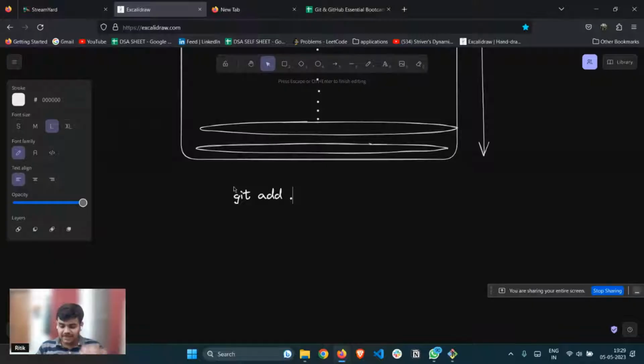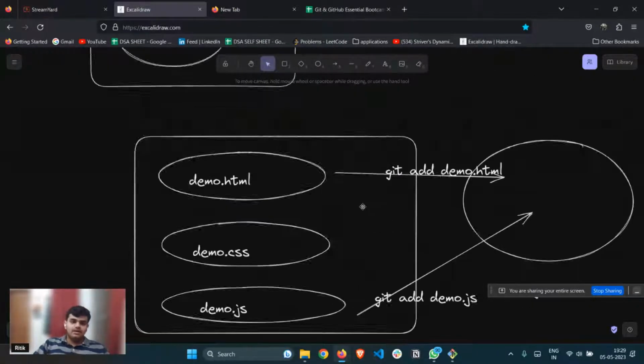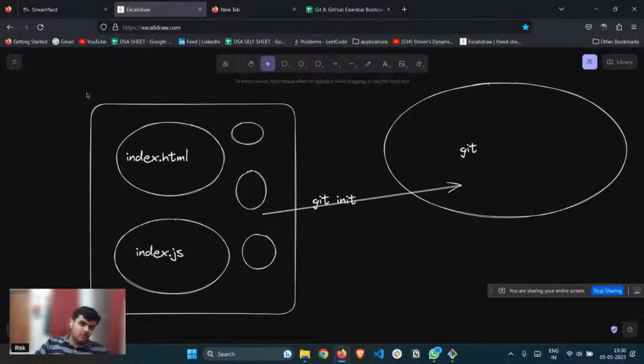Okay, what is the difference between git init and git add dot? See, Jatin, what is git init doing? You have a whole folder. Forget about all the files, right? Forget about all the files. This whole